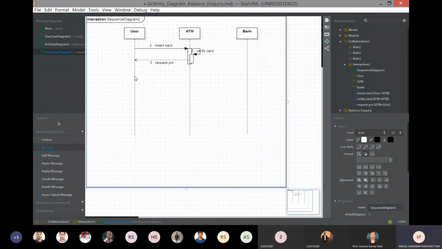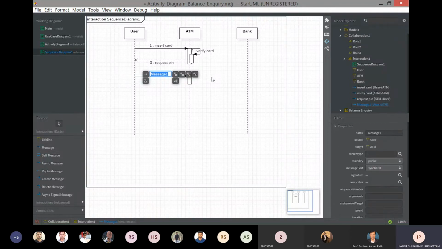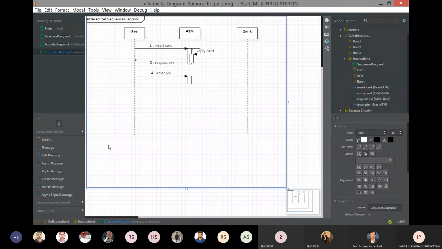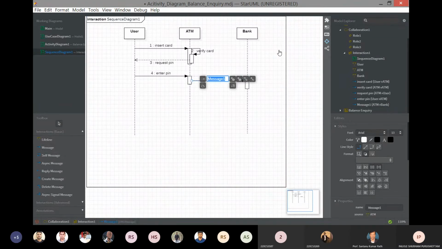Next will be enter PIN. The next message will be verify PIN.